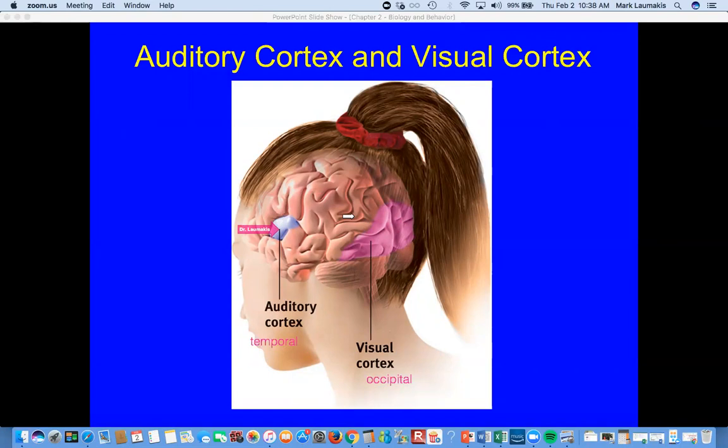You'd have a mirror image, bluish, purplish area on the right side if we could spin this around and see that there. Speaking of spinning this around, there is an app called 3D Brain on both Android and iOS devices. That's awesome. I'm going to mention it again on Tuesday. If you want to get your hands on that, it's free. You can look at major parts of the brain and sort of see the brain in rotation. It's really, really good and can be really helpful for this segment of the course.